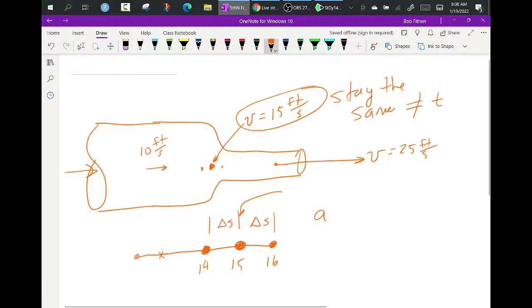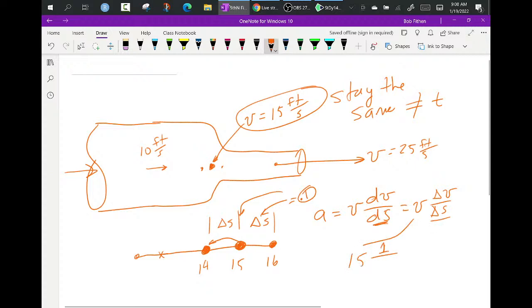Let's go back over here. Acceleration is equal to the change in V with respect to S. You would look back at a certain delta S to get an approximation. Say this delta S was equal to 0.1, for example. Let's just say that's the distance. The velocity you would see would be 15. Change in velocity would be 1, and the delta S would be 0.1, so you would see about 150 units of length